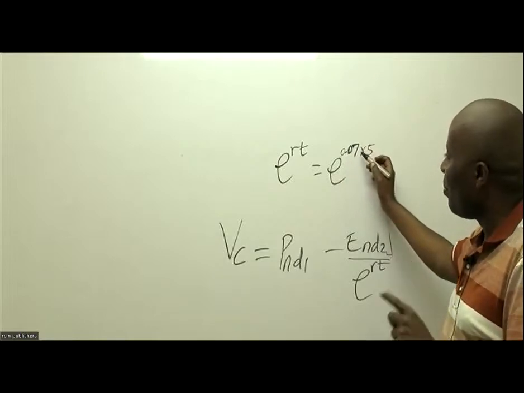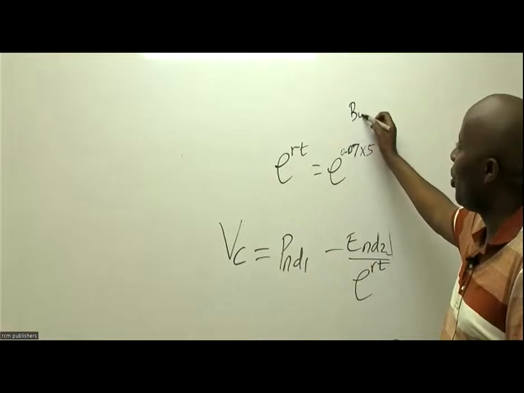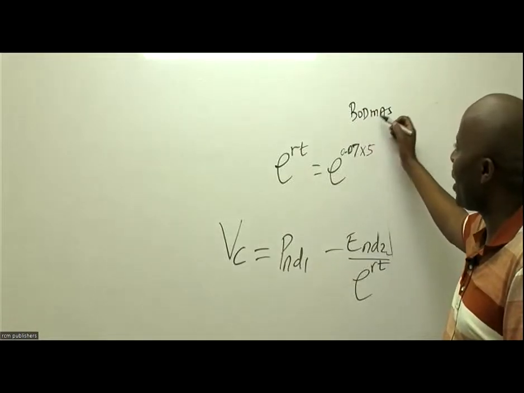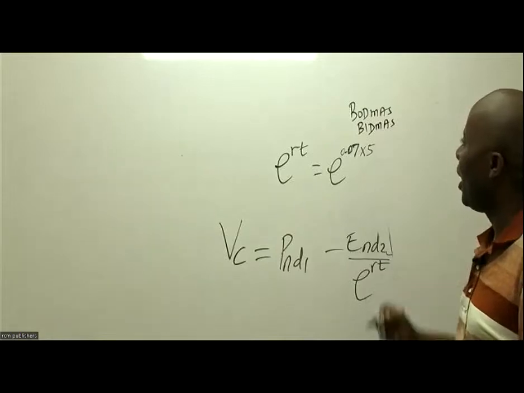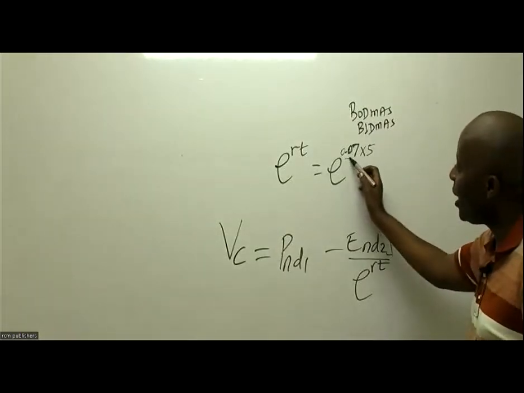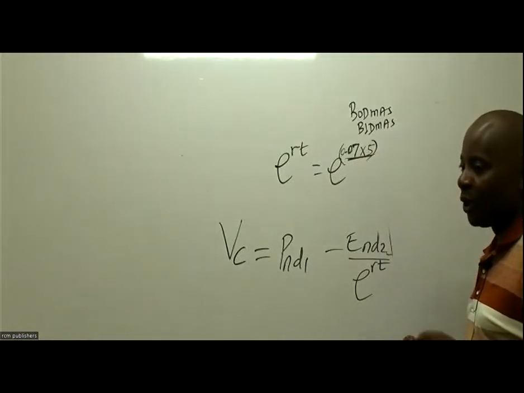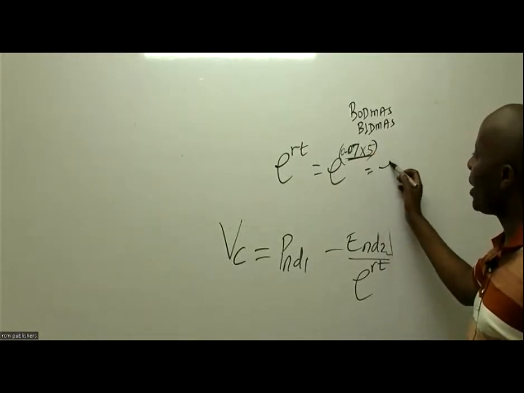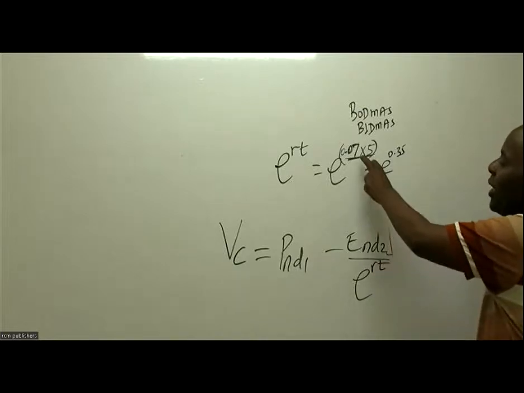Because you know BODMAS, nowadays we don't talk of BODMAS. This has been overtaken by events. Now we talk of BIDMAS, I for indices. So these are the indices. First of all, you need to multiply before you raise. You multiply first. So this one here will be the same as e raised to... Please try multiplying this for me.